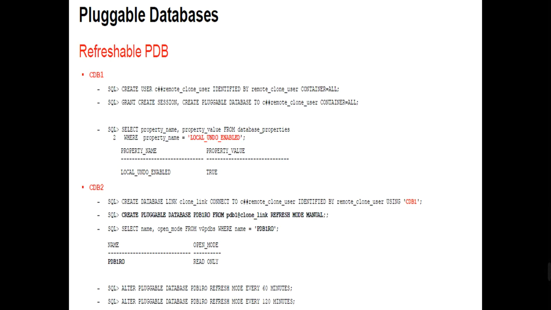So the database, you can check that the pluggable database has been created in read only mode. After that, alter pluggable database with refresh mode every 60 minutes, or you can alter pluggable database refresh mode every 120 minutes. Then it will start that refreshable PDB. So the PDB will be created in read only mode only. You can put a refresh mode between the source PDB and the target PDB; every 60 minutes it will be refreshed. So the refreshed data will be updated to the target site every 60 minutes in read only mode. Okay, you can run the report from here.